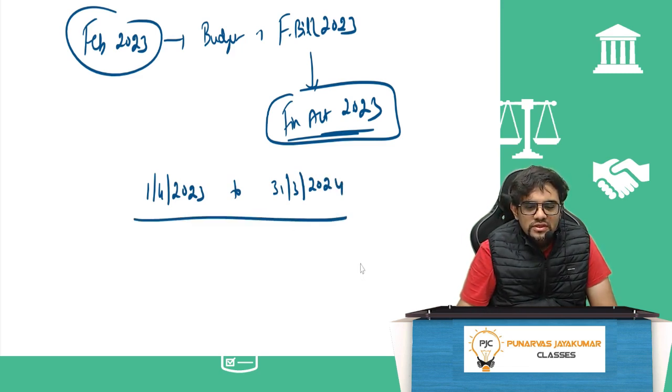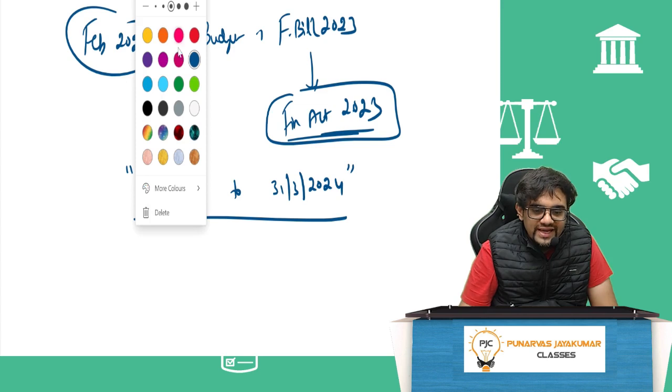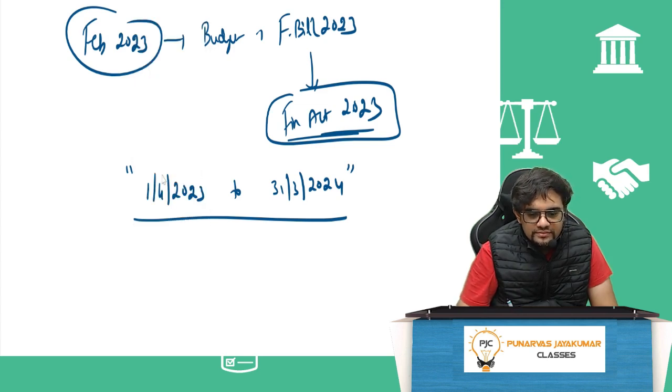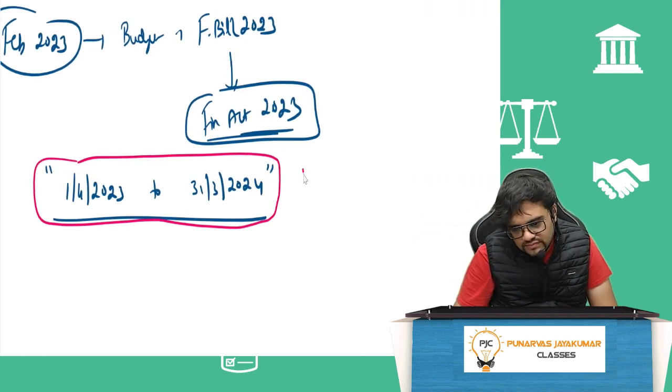Right? This financial year it is applicable. Because the Finance Act, the financial year 1/4/23 to 31st March 24, that's okay. The assessment of the income that you generate this year will be assessed in